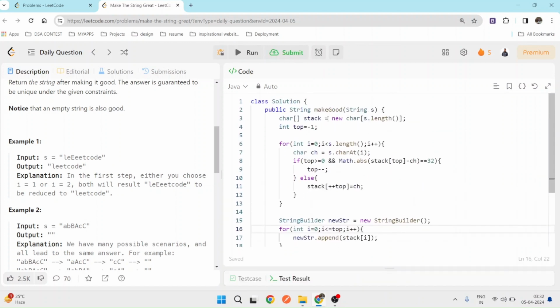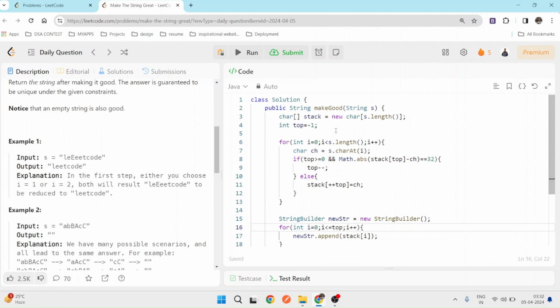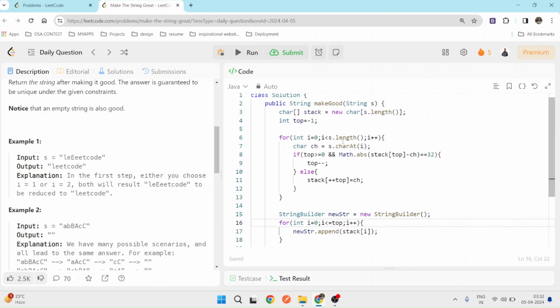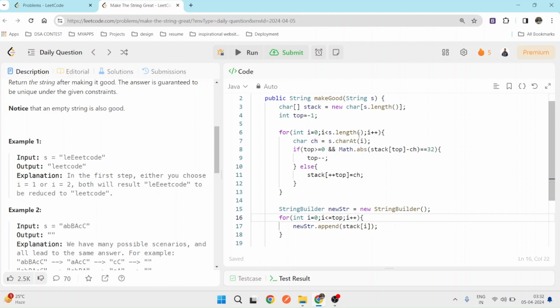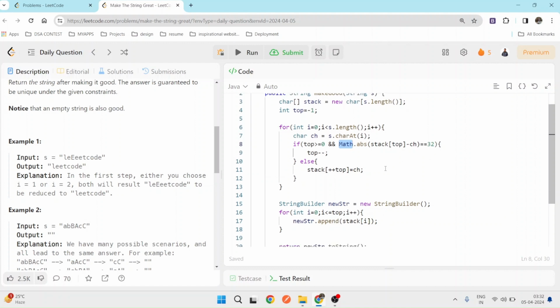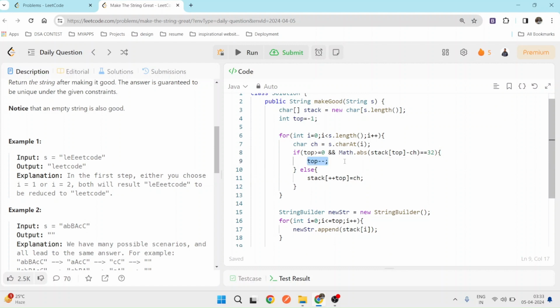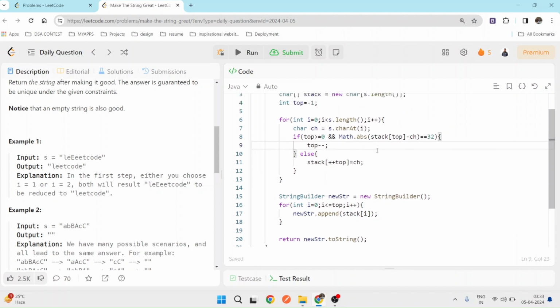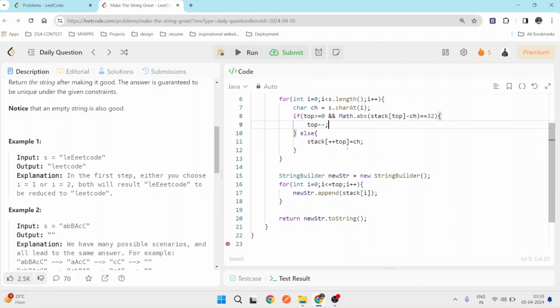So in summary, we created a stack of the size of the string length, and we initialize the top of the stack to -1. We iterate from i equal to 0 to the length of the string, and if top is greater than or equal to 0, meaning the stack is not empty, and the difference between the two adjacent elements is 32, meaning they are the same letter but in different cases, we remove the element from the top by making top minus 1. Otherwise, we add the character into our stack.